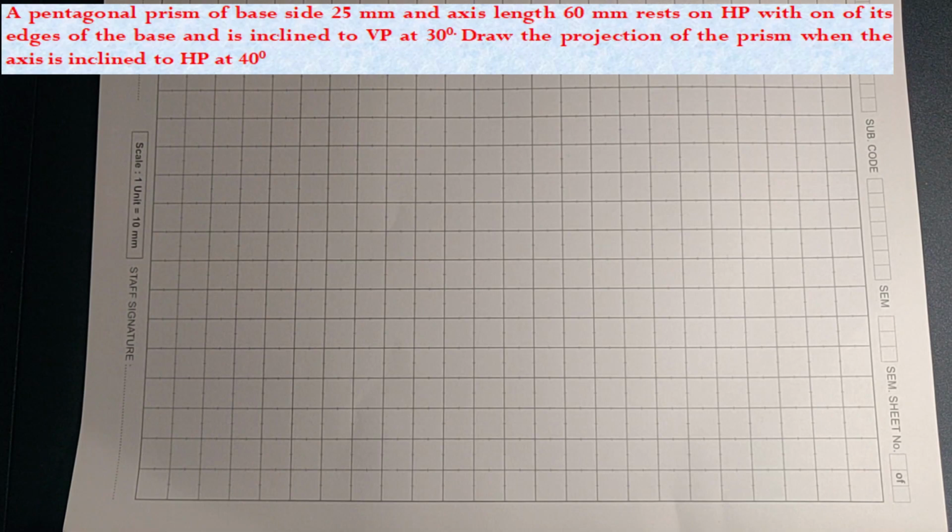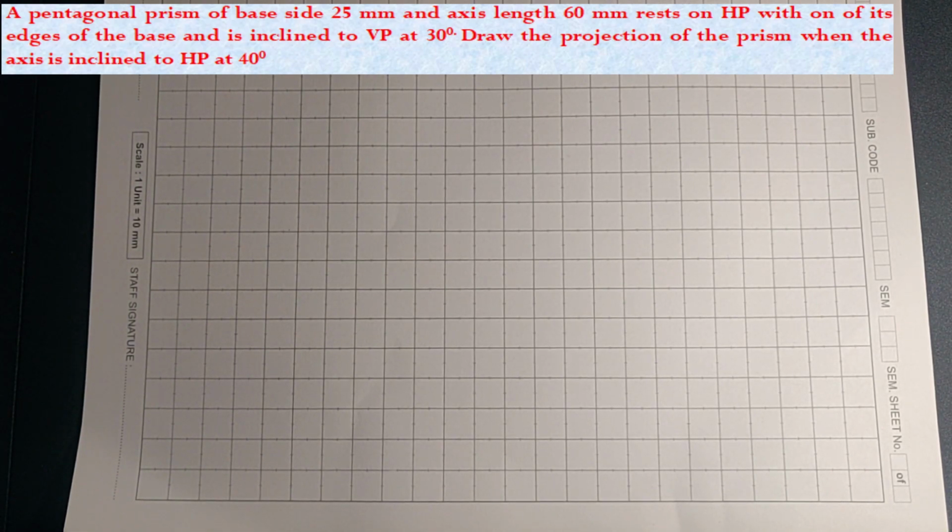In this particular video we'll be studying a problem on a pentagonal prism. In the previous problem we studied a square prism. We knew how to draw the beta angle, but here in this particular case it is a bit different. So we are studying a pentagonal prism without a beta angle. Okay, so now let us read the problem here.